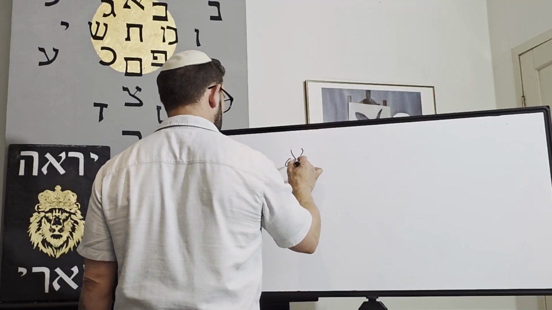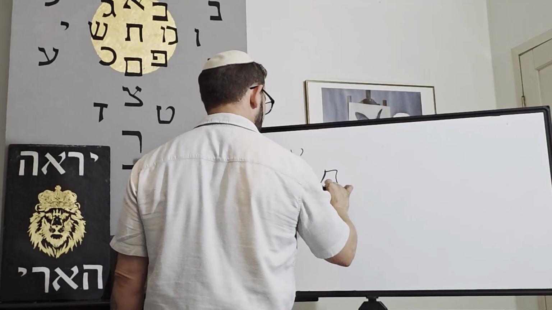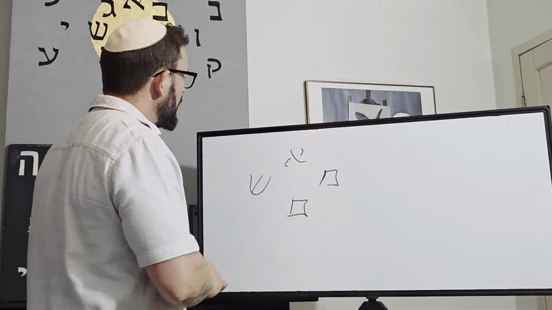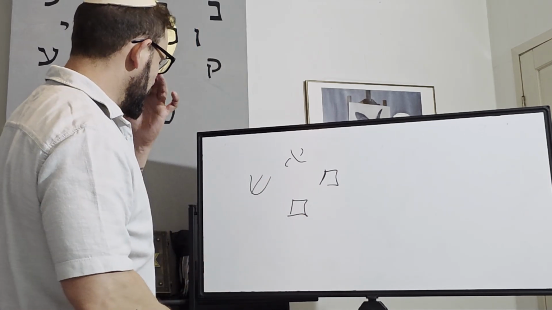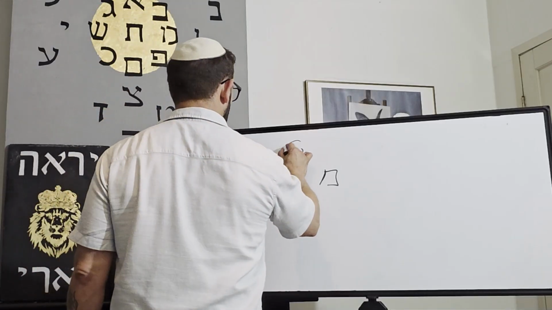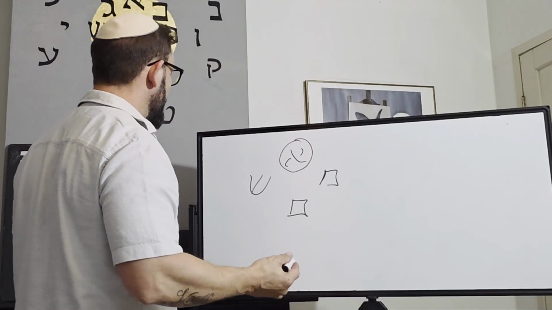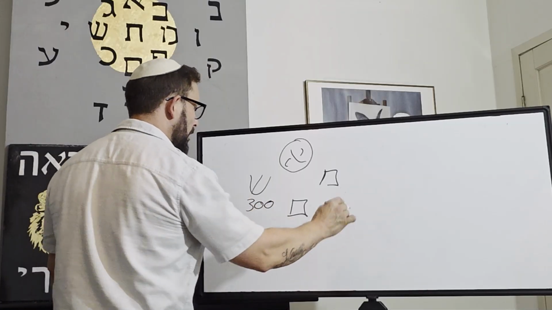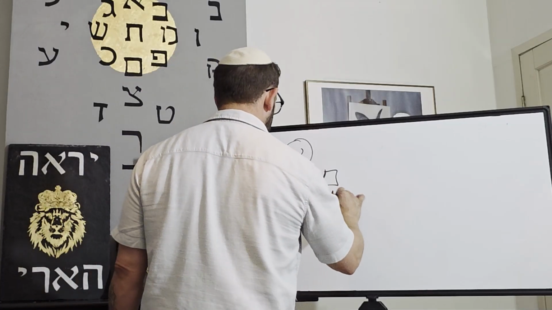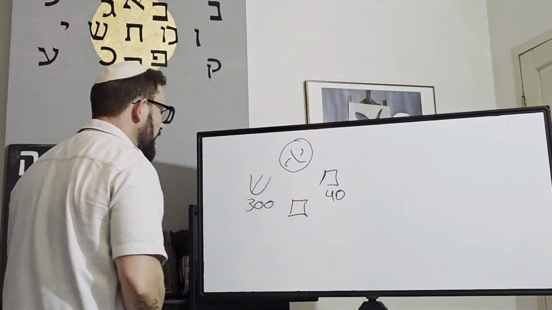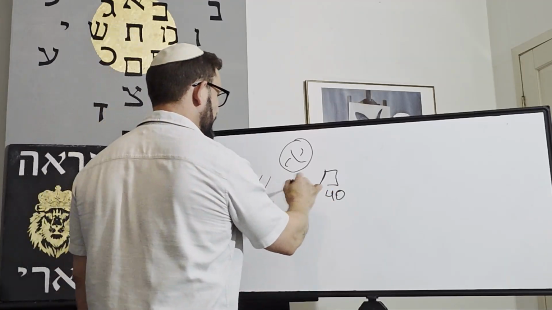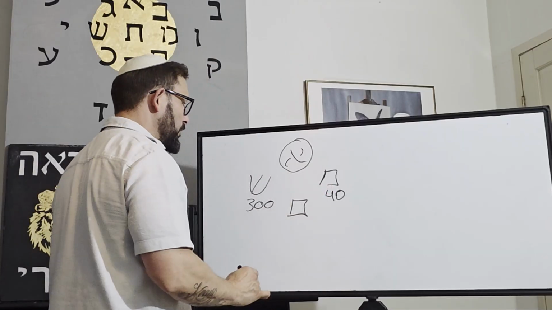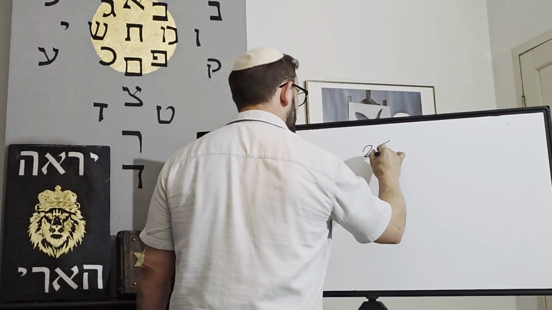Aleph separates Mem from Shin. So what else can we see here? What is this Aleph, and what is the separation, and what are the values? Shin is 300, Mem is 40. So the difference between Shin and Mem is 260. 300 minus 40 is 260, and 260